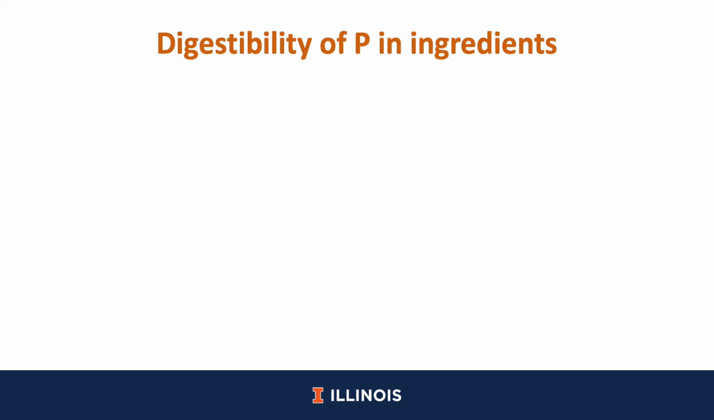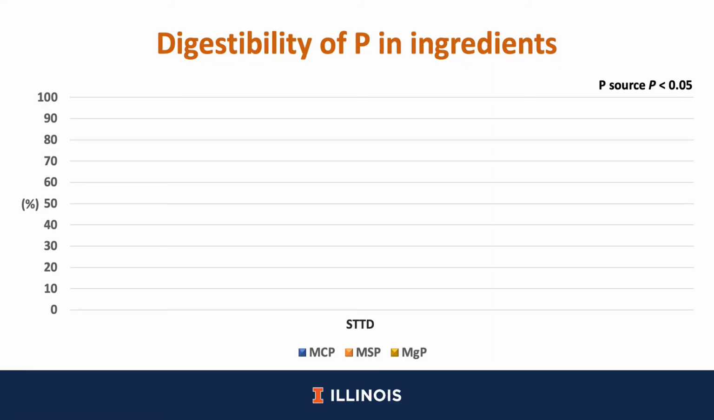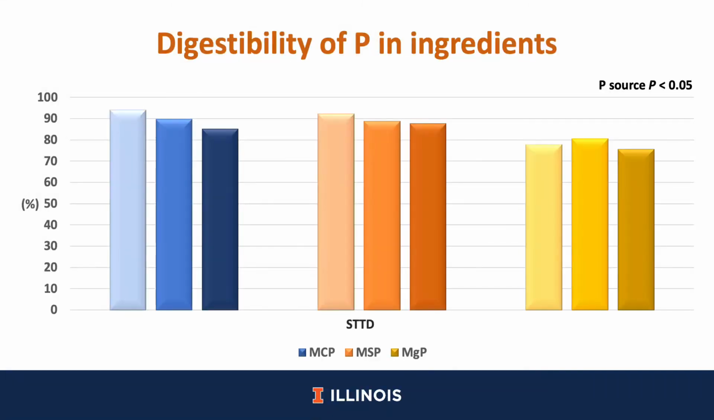For that reason, we used the difference procedure to analyze the digestibility of phosphorus in the ingredients. And in this case, blue will represent again the MCP, orange will represent MSP, and yellow will represent MGP. And what we can observe is that there was no difference in the digestibility of phosphorus in MCP, MSP, or MGP. The only difference that we can observe here is that MGP had a lower digestibility if it's compared with